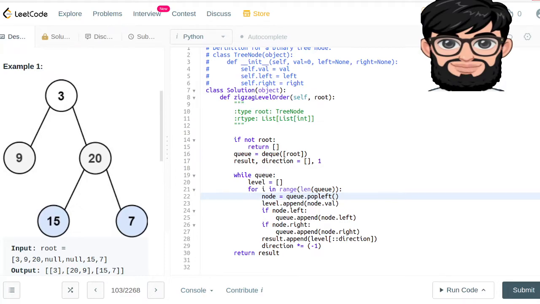And then we are saying that if the left of that node exists, we're going to be appending that to the queue, and if the right exists, we're going to be appending the right. And then what we're saying is the result is going to, oh, this is going to happen once we are out of that for loop. So yes, once we are out of this for loop,